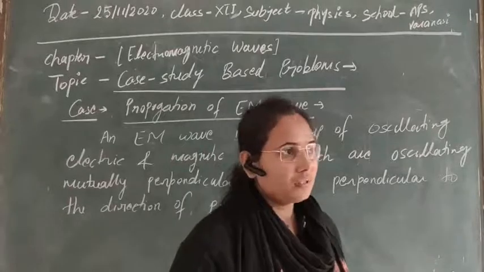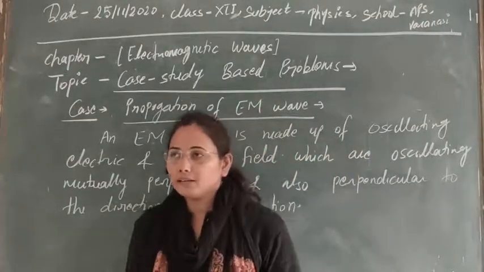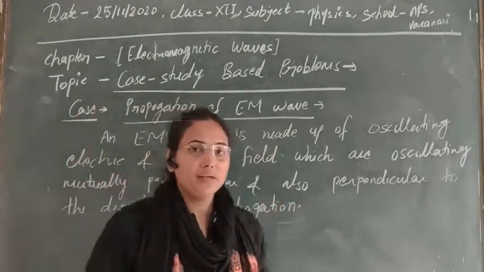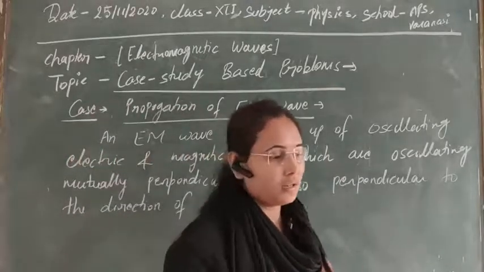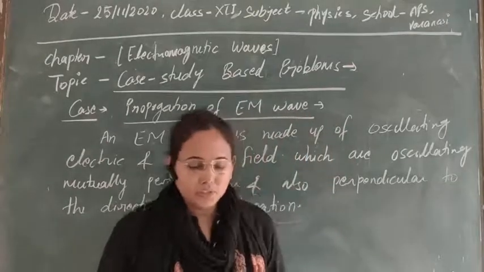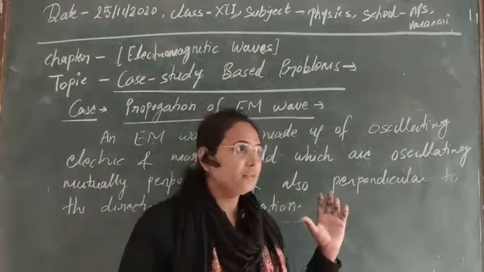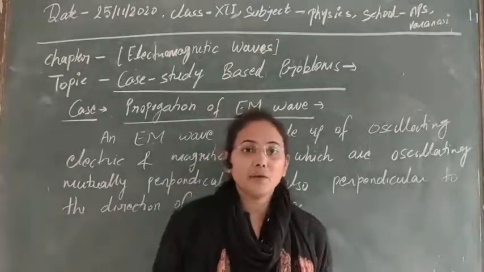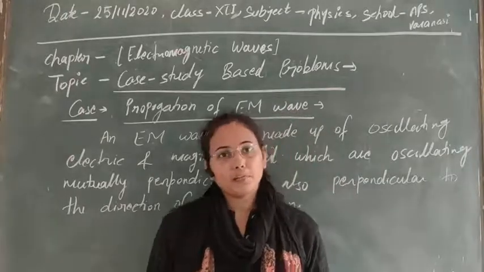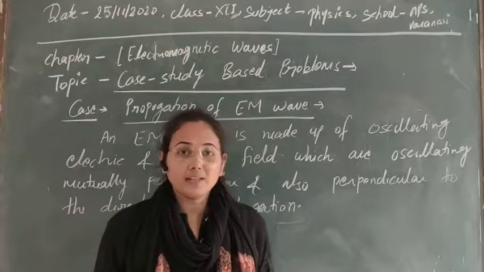Yesterday we saw the case study problem that was based on alternating current, and there we saw two cases: one for the transformer and the other, which I just discussed in one question, the AC generator. So I think yesterday you got some idea about case study problems, which types of problems can be asked in your board examinations,